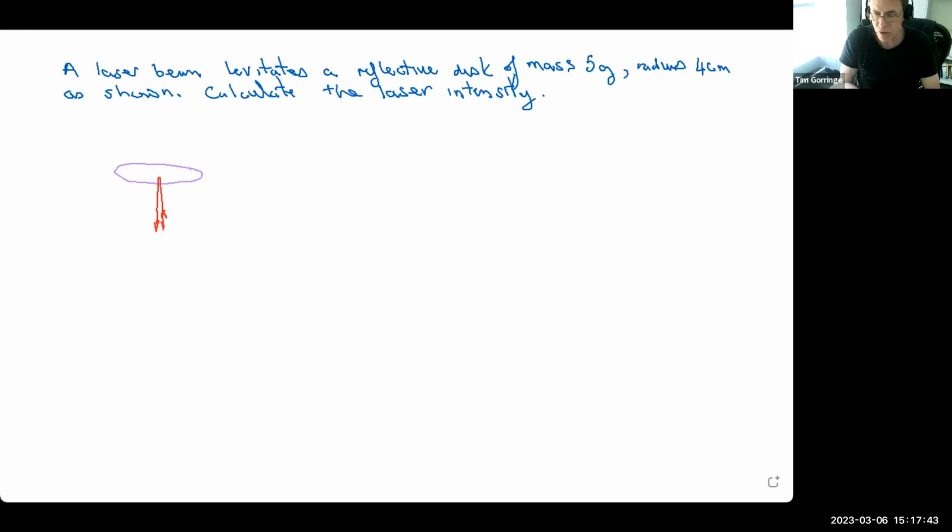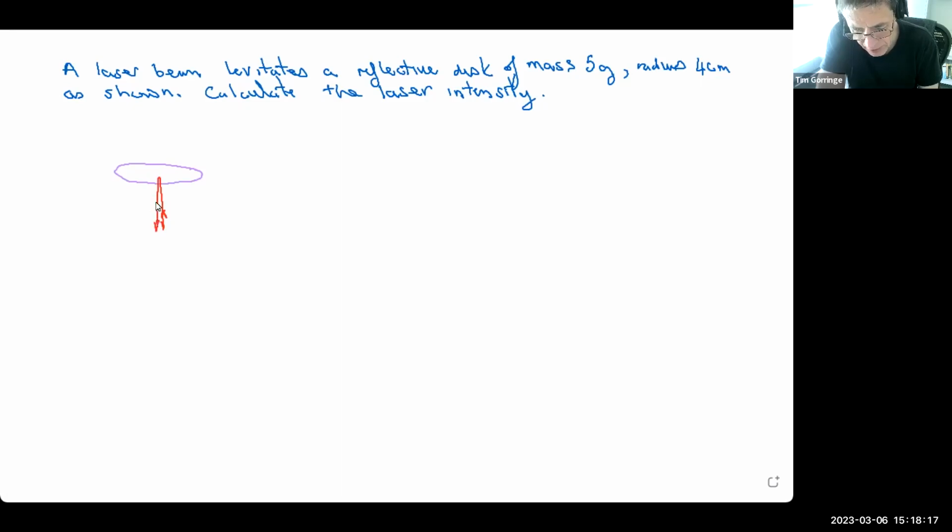There's an upwards force exerted by the light, by the laser beam. So in this particular question, we're told that the laser beam levitates a 100% reflective disk that has a mass 5 grams and has a radius 4 centimeters. We're imagining the laser light is shone upwards on the disk. It's reflected off the disk. This causes a radiation pressure on the disk, causes a force on the disk,